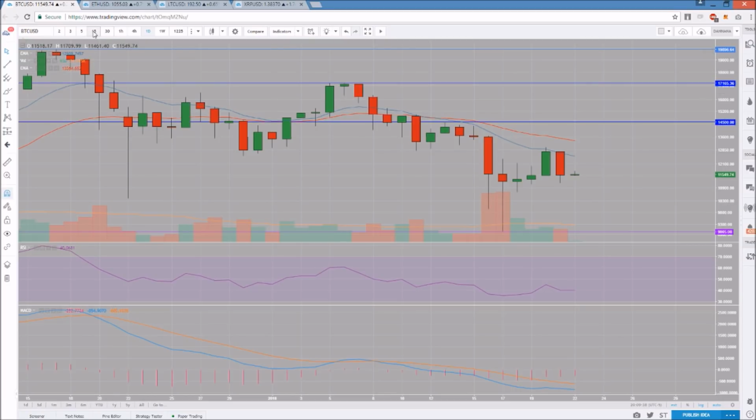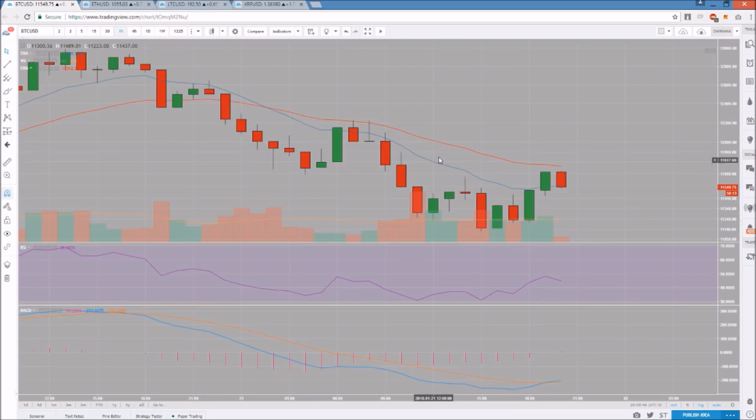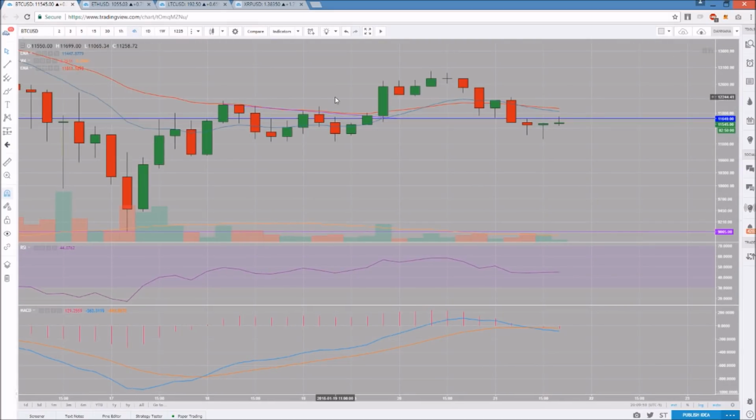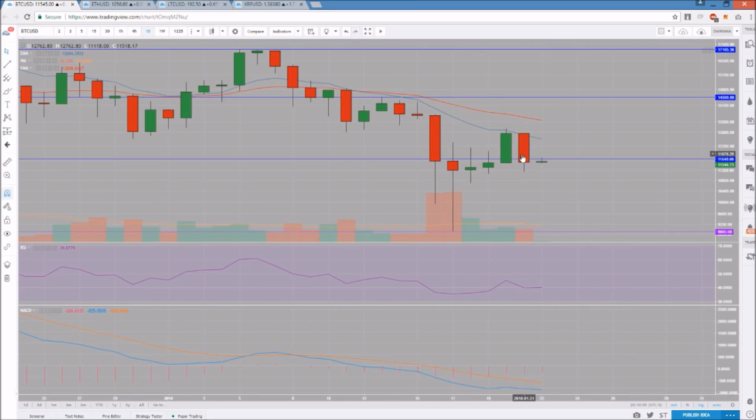We're going to look for the 15-minute time frame to shift momentum, which it just did. It's now going to higher lows and higher highs again. And we're going to see, can the hourly chart do this now? So the hourly chart has broken the lower high pattern. This was a bounce attempt where we topped out, and that has been broken. So now we'll see if this hourly chart can keep giving us higher lows and higher highs. And if it can, that means to me that the daily chart is likely forming its higher low. We still need to see that hourly get a little bit more follow through. But if this is our higher low,